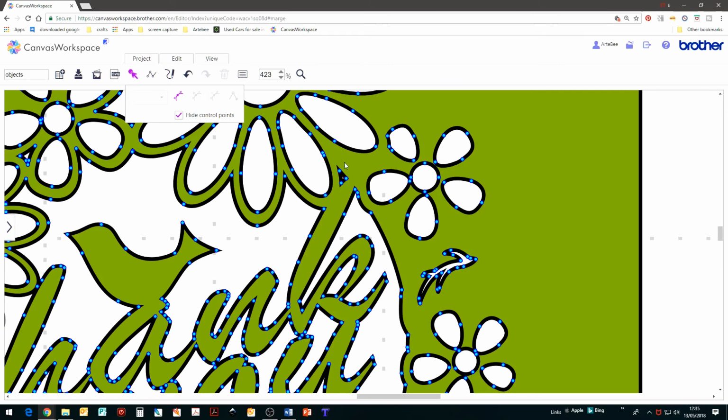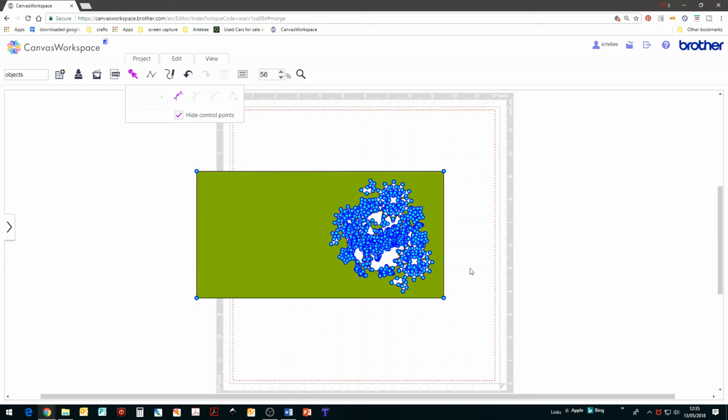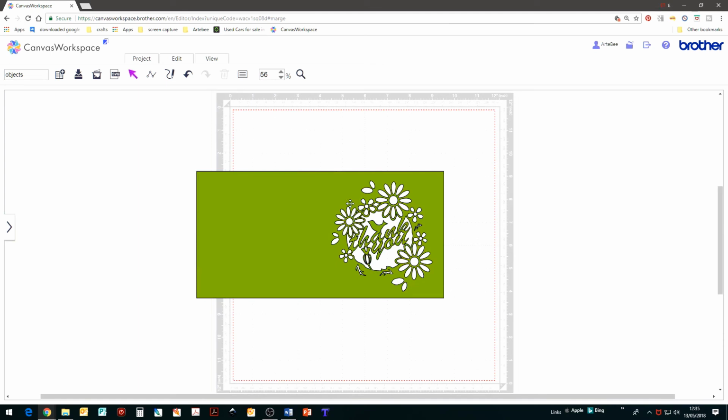Okay, and I'm just going to try and draw a fence around that, but you won't see it because, as I say, there are so many nodes now. I just have to wait for it to highlight and then pop up. Great. So if I view, fit to mat, the only thing that we need to do now is to put